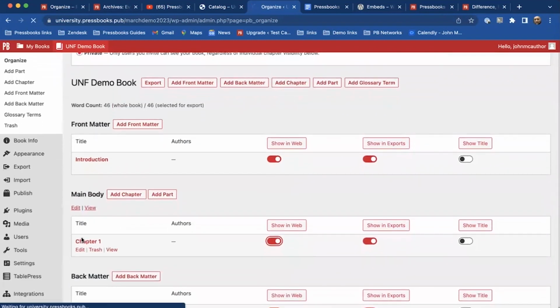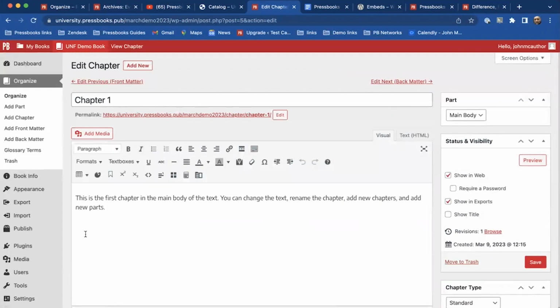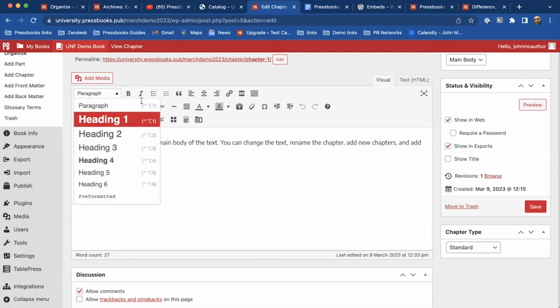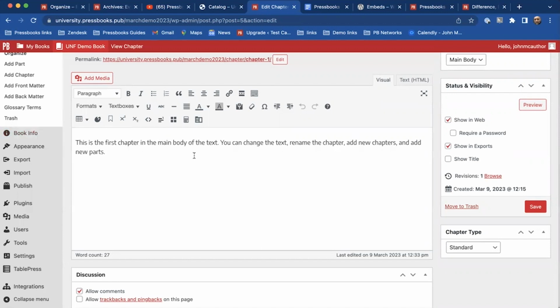Within the first chapter, I'm going to click in here, and you'll see that Pressbooks has a nice, clean editor that looks like word processing software most of you will be familiar with, where you can set the paragraph and the headings. If I wanted to remove this first chapter, which is part of the standard shell, and create a new heading,